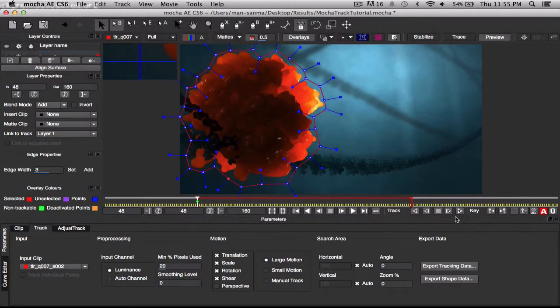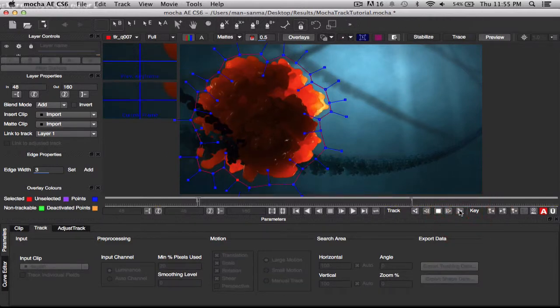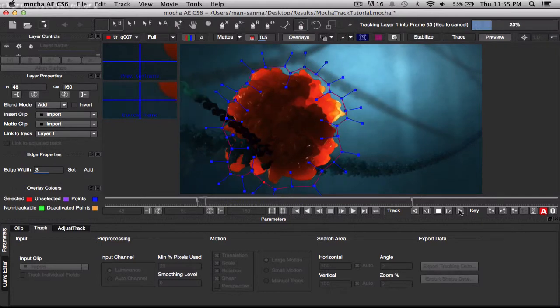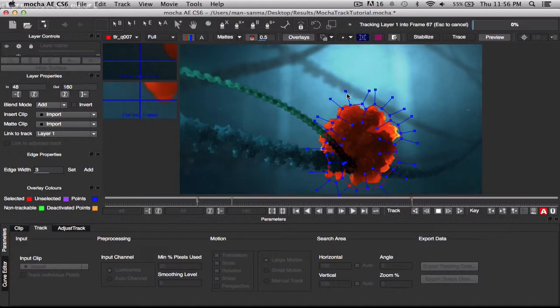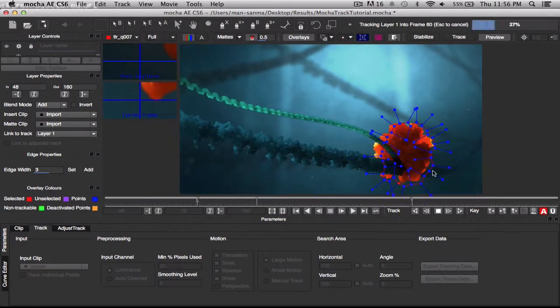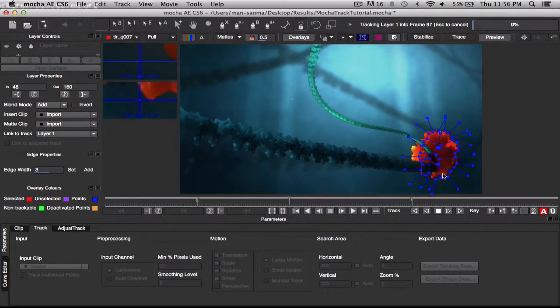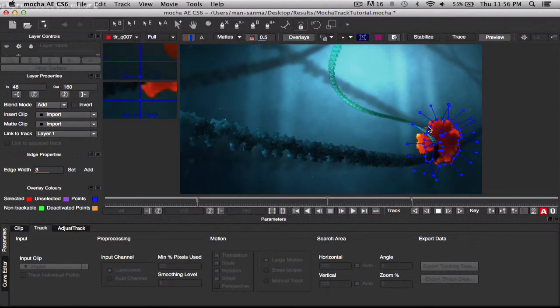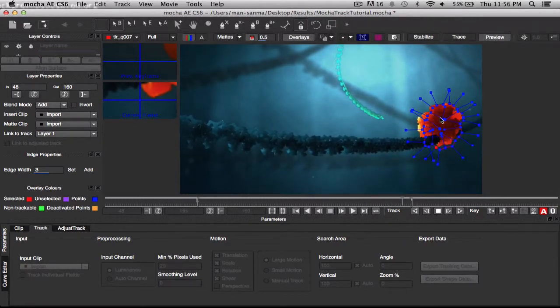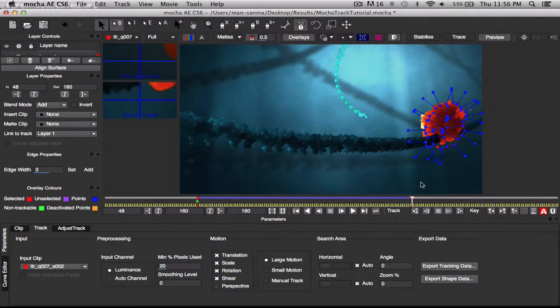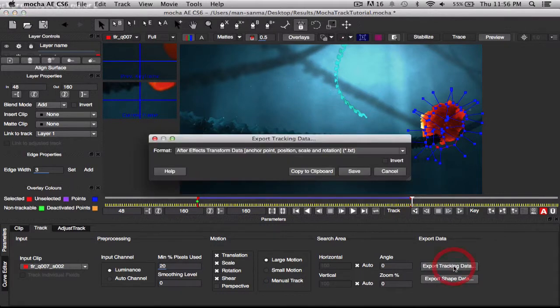So now we're going to press track forwards here, and it's going to start tracking our image. So you can see that the little spikes here and the outline is resizing according to our little molecule. It's not doing it perfectly, but it's pretty close and good enough for what we want to do. So now that that is tracked, so that was super fast and easy,